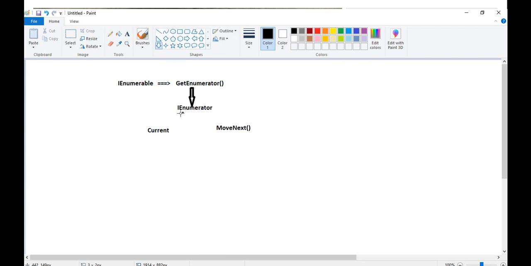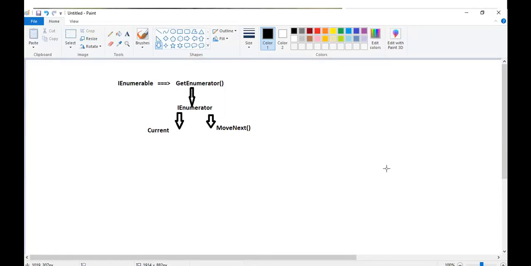Okay, so I repeat, we have the IEnumerable interface. The IEnumerable interface contains one method called GetEnumerator. In the description, we saw that IEnumerable provides for its semantics a simple iteration over the collection.